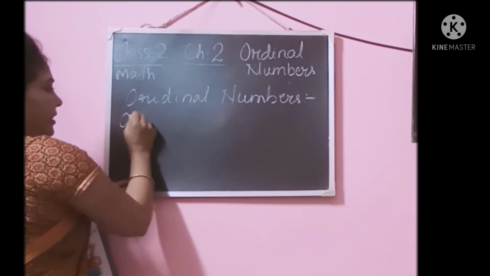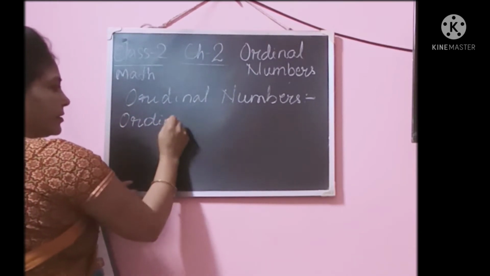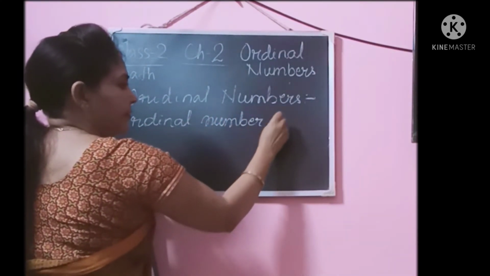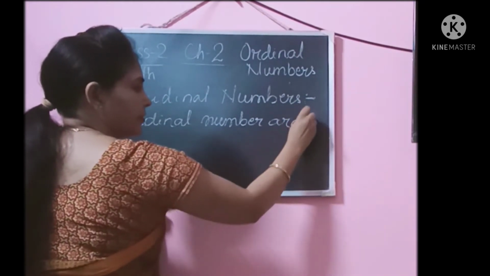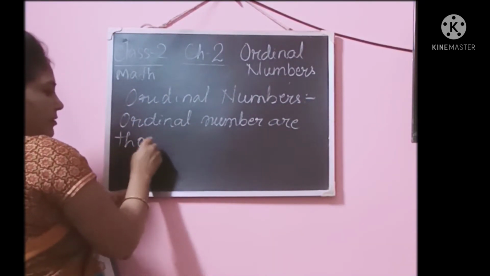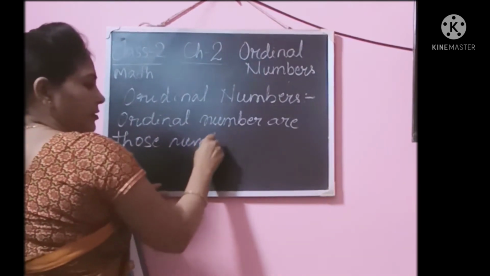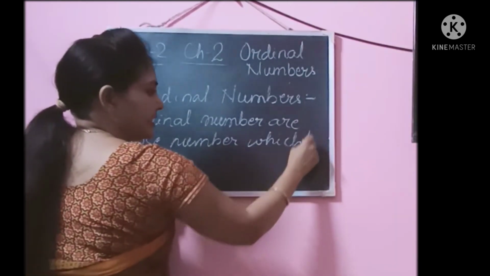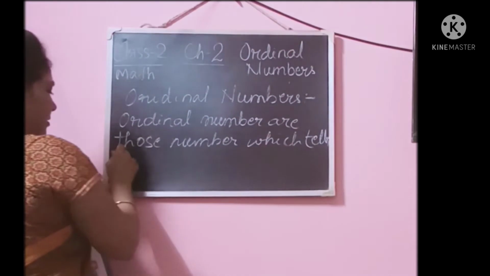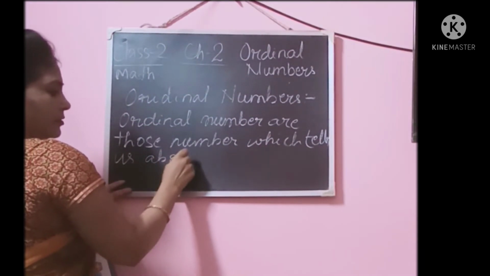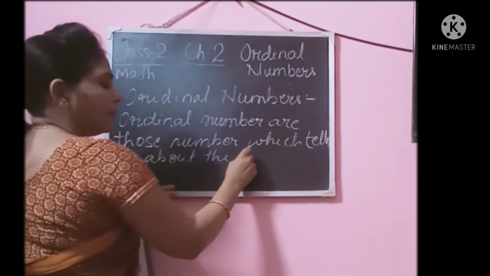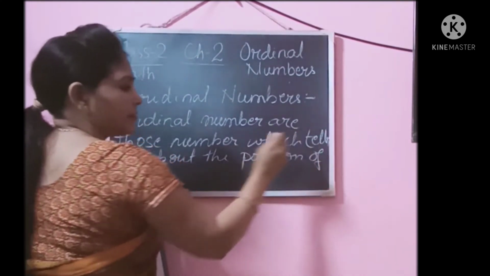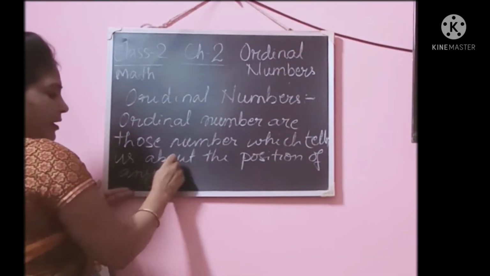Ordinal numbers are those numbers which tell us about the position of any object. For example,